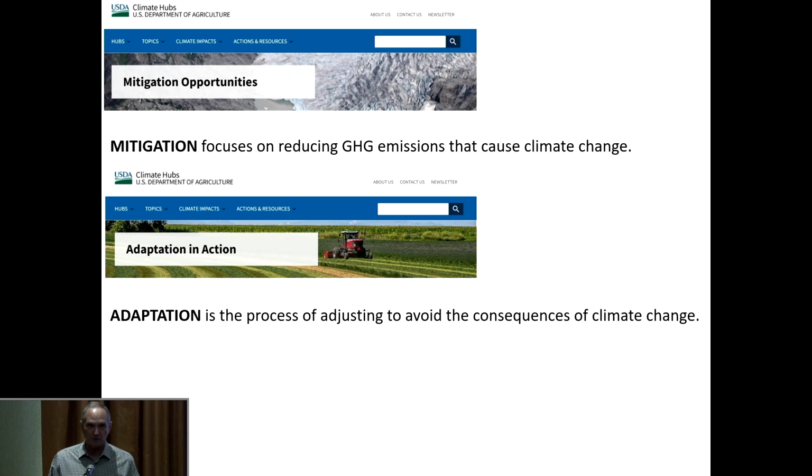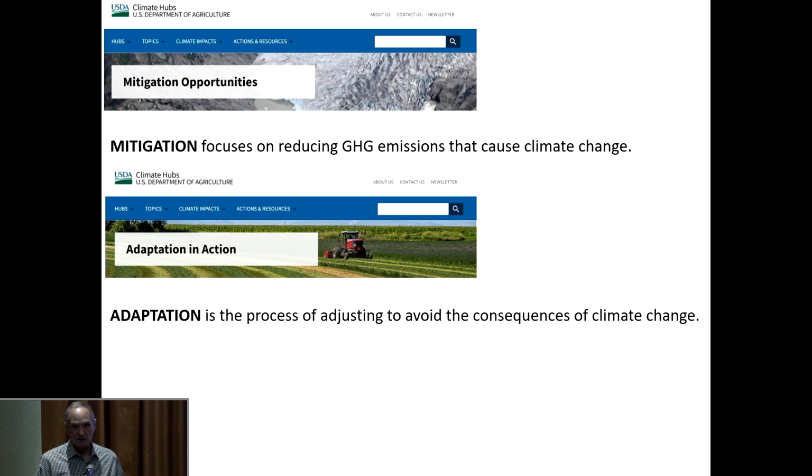I think this is relevant for all aspects of dealing with climate change. But in terms of rangeland, this is probably the most relevant issue that we have. We talk a lot about mitigation. Everybody likes to hear about mitigation because it means there's money changing hands and all of that. But the reality is our success or failure in how we deal with these ecosystems, particularly in rangelands, is going to be based around how we adapt. And adaptation is the process of adjusting to climate change. I'm not going to talk about that today, but I just want to start out with that.